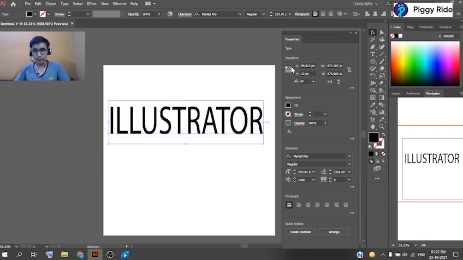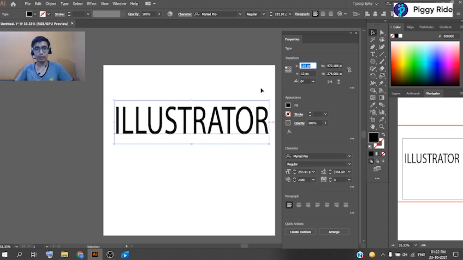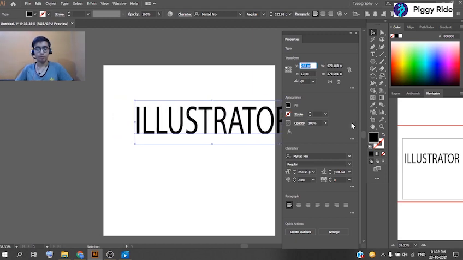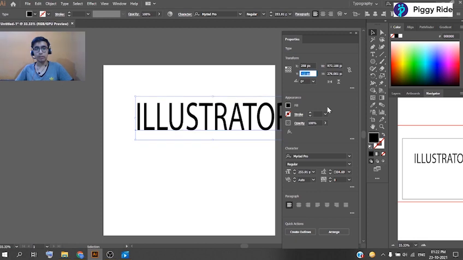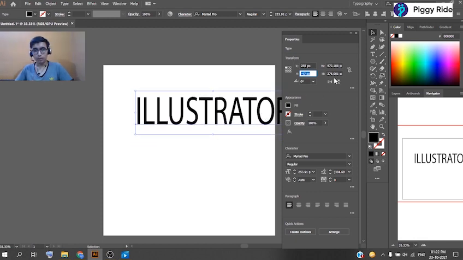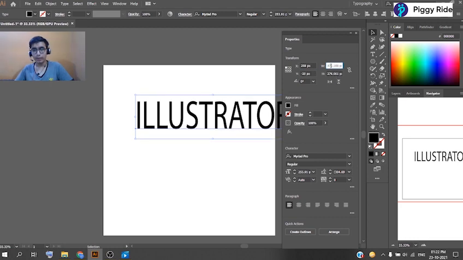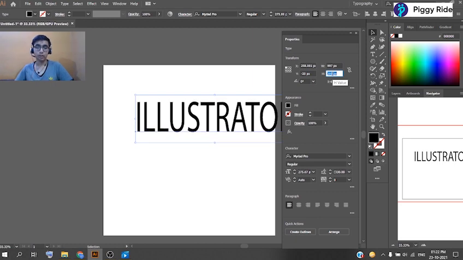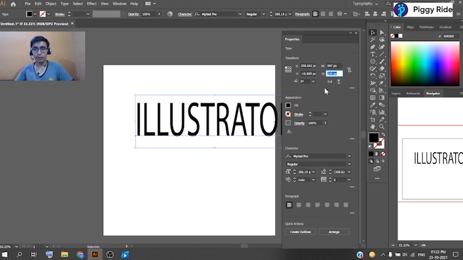For example, we can transform the x axis or the y axis of the text. You can see as I increase the x value, our object is moving from left to right. If I increase the y axis, you can see it is going up and down. With that we can also adjust the width and the height of our word, or we can change the angle.